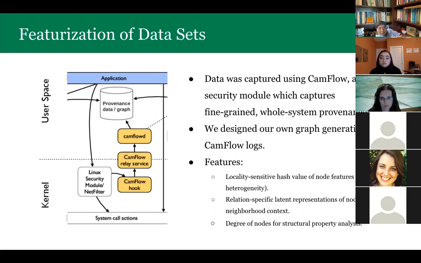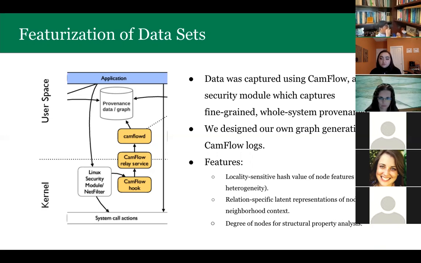If something has a similar security context as described by CAMFlow, then those things are probably going to be related. So we were using this concept of locality sensitive hashing to semantically associate those for each node. So we would use the hash, assign those nodes a bucket based on that hash, and use that as part